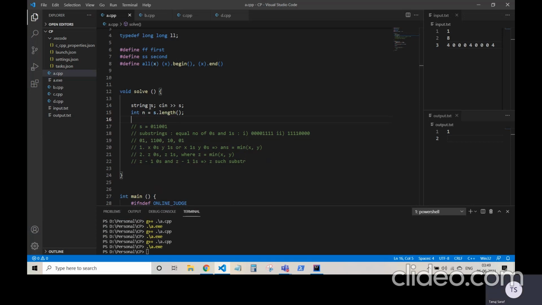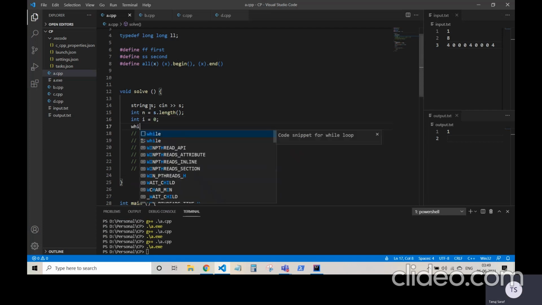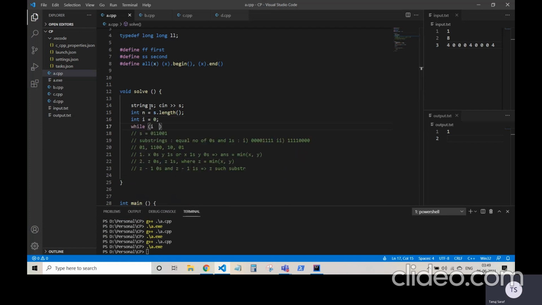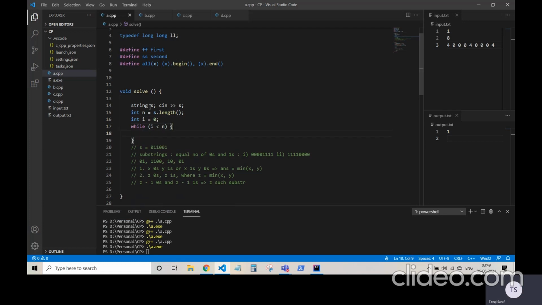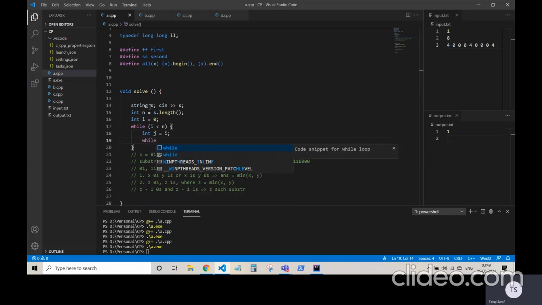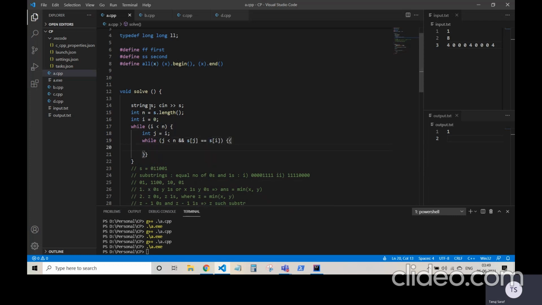So for counting the number of contiguous zeros or contiguous ones, I would be maintaining a two-pointer approach, where the first pointer is i, set as i equal to 0. While i is less than n, I want to find, starting from i, the first contiguous segment which has the same character. So let's store this i in a j, and while j is less than n, and the character at s of j is the same as the character at s of i,